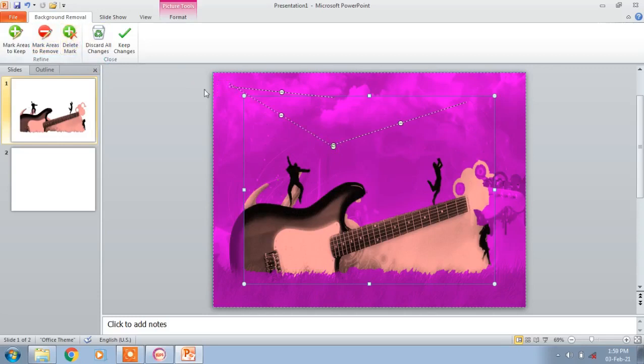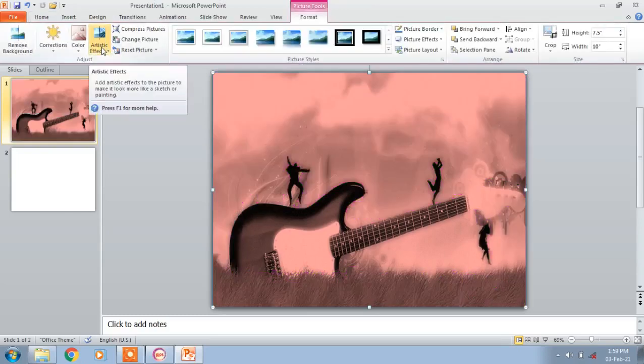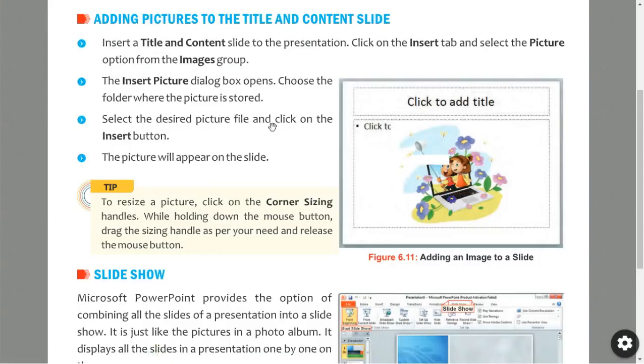If you want to keep these changes, you can keep them. If you want to discard all changes, you can discard, and it comes back to its original state, as it was before clicking the Remove Background option. So this is the way to insert the picture and format the picture in Microsoft PowerPoint.